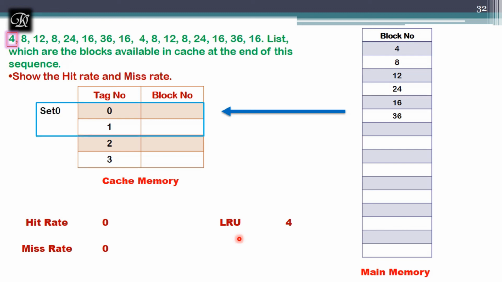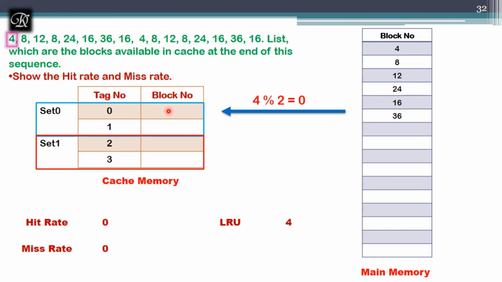First I will divide the given cache into 2 sets: 0, 1 is set 0, and 2, 3 belongs to set 1. Take up 4 and find the modulus to decide which set it has to belong to. This value is going to decide where it has to sit, whether in set 0 or in set 1. The modulus operation has resulted in 0, so this 4 will sit in set 0.